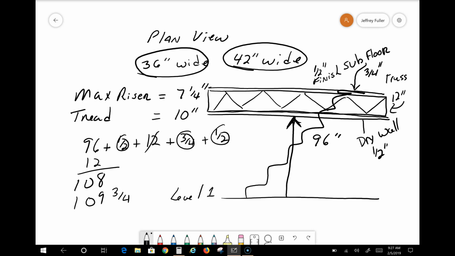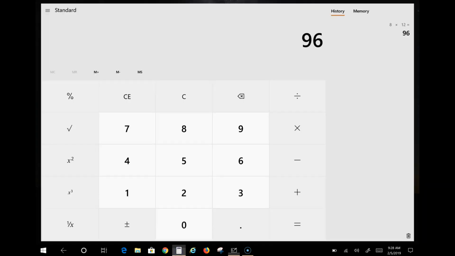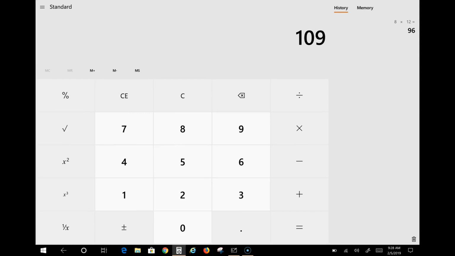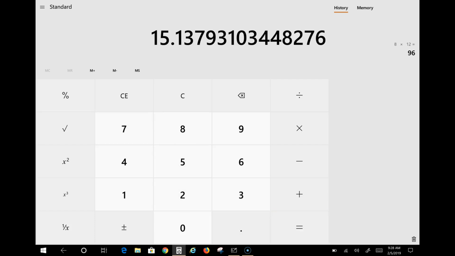Now, to figure out how many steps, and that's what we're after right now in plan view, we want to know how many steps it's going to take to get up to the top floor. So we said that 7 1/4 was our maximum height. So we can take 109 3/4 and divide by 7 1/4. Okay, so if I do that, 109.75 divided by 7.25 equals, okay,